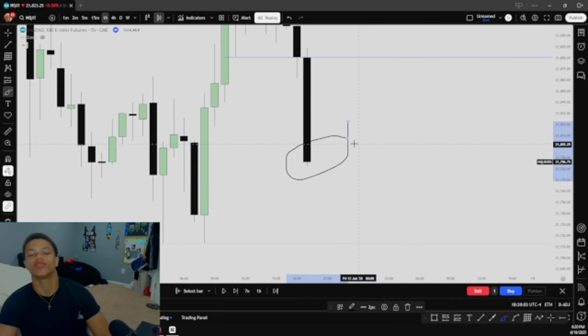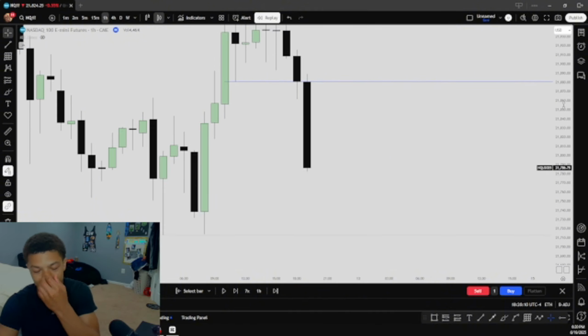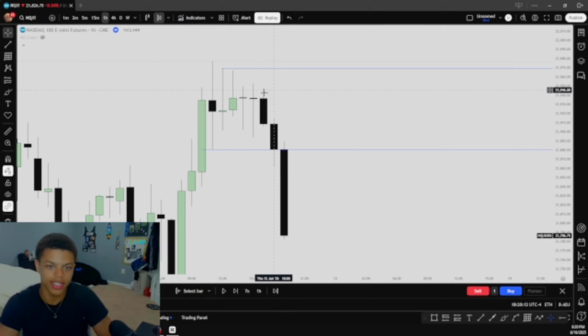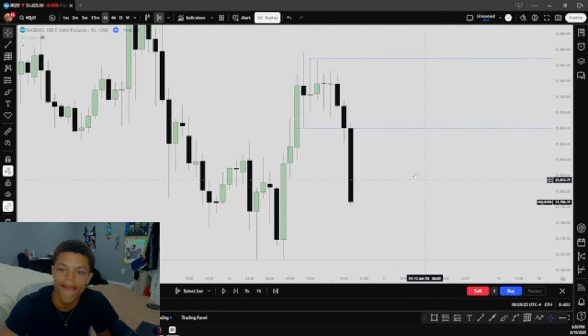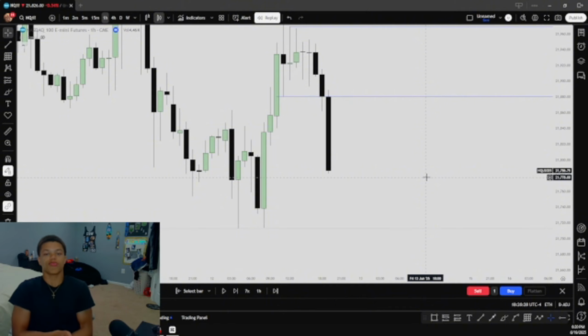All right, but this would be our break of structure. Yeah, I know it's far, but this is one of those where you have to use experience with this. See that we have some dojis here. All right, boom. Now that we have bullish break of structure and bearish break of structure down, let's see